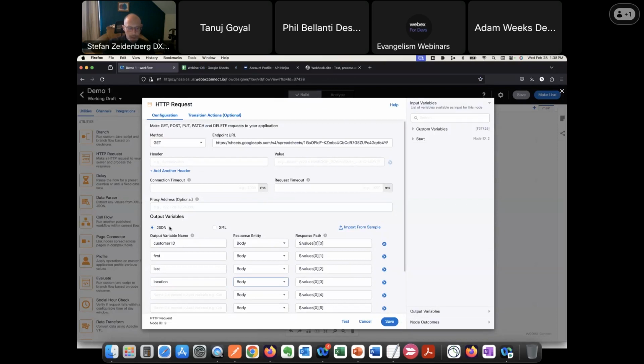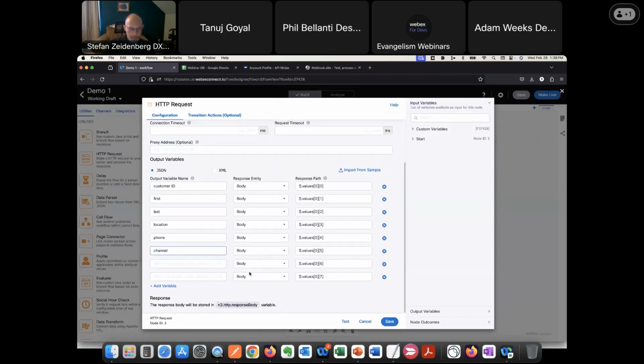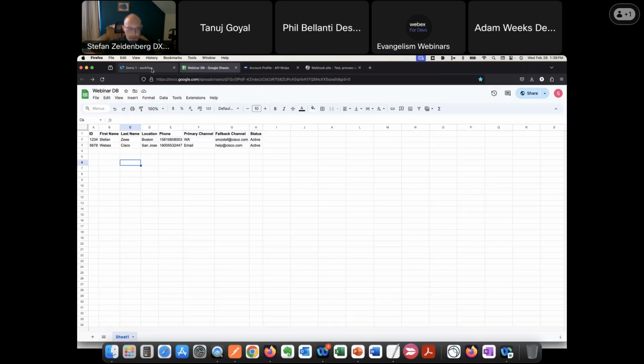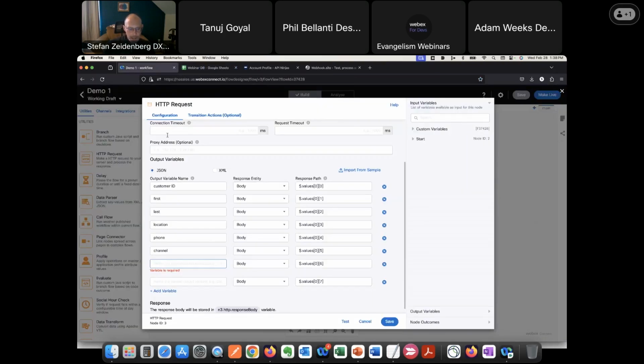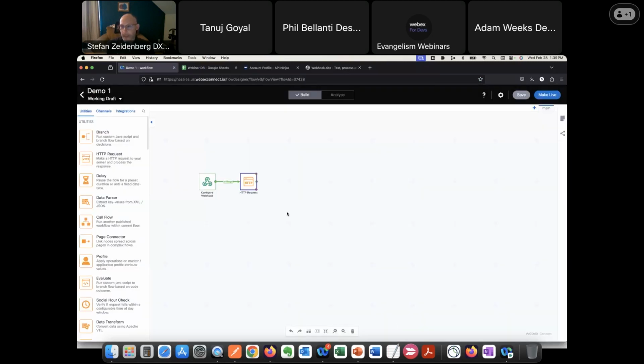Location, phone, channel. And we'll do fallback and status. So fallback and status. So this sets us up pretty well to now apply a ton of conditional logic as well as dynamic attribution into the bodies of messages or subsequent API calls that we're going to make. So at this point,